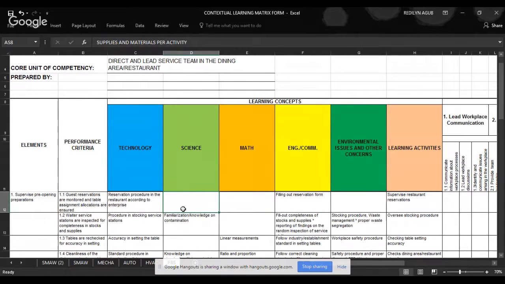Not all contents have science and math counterparts, especially when we are preferring the forms, that is of course for the English or communication. But for electrical, so for EIM, which is our example, there must be a science content there kasi electrical. But we should be very specific with the content. So you cannot just say Ohm's law. Why? Because